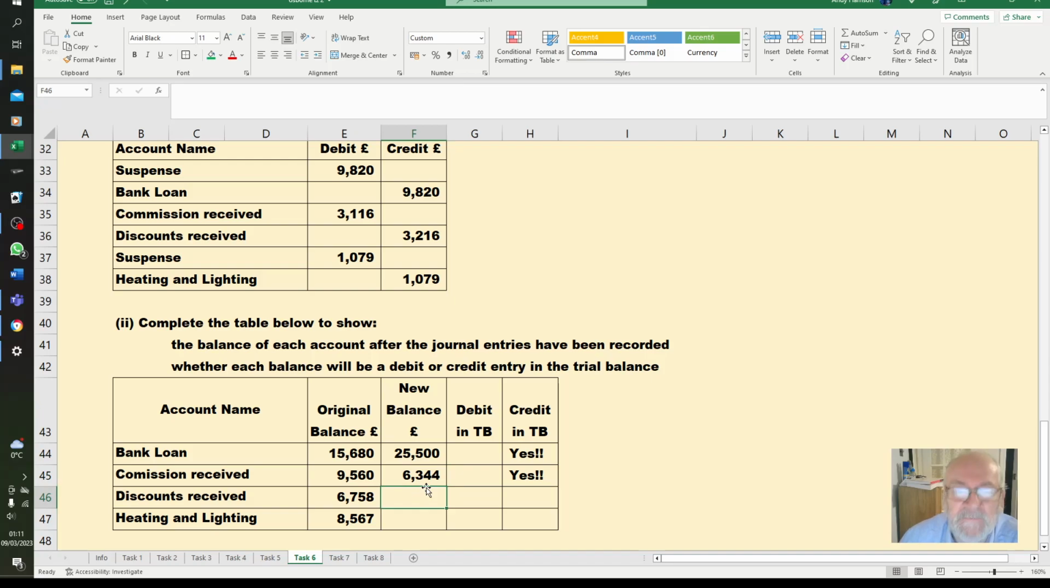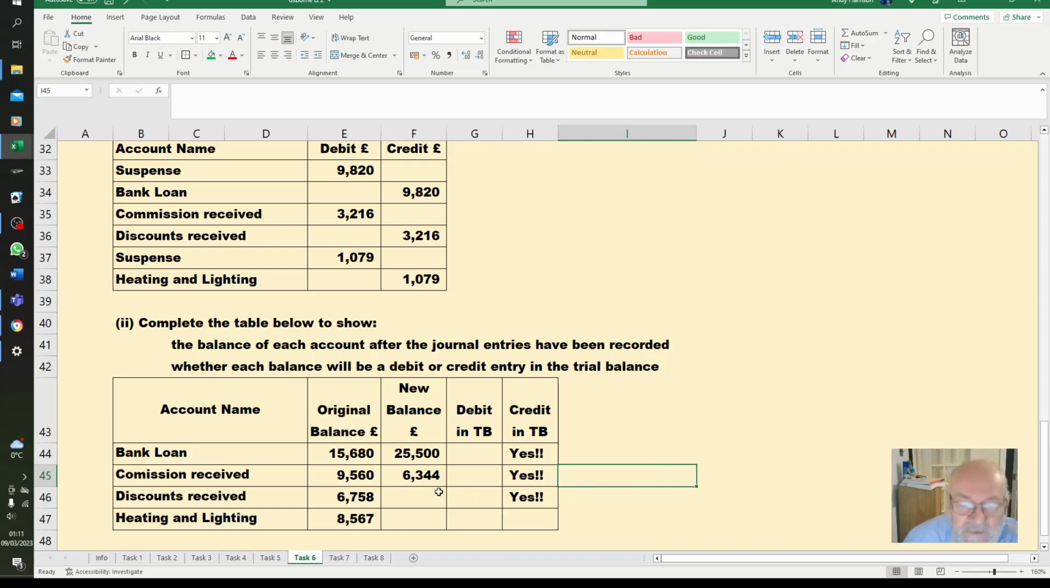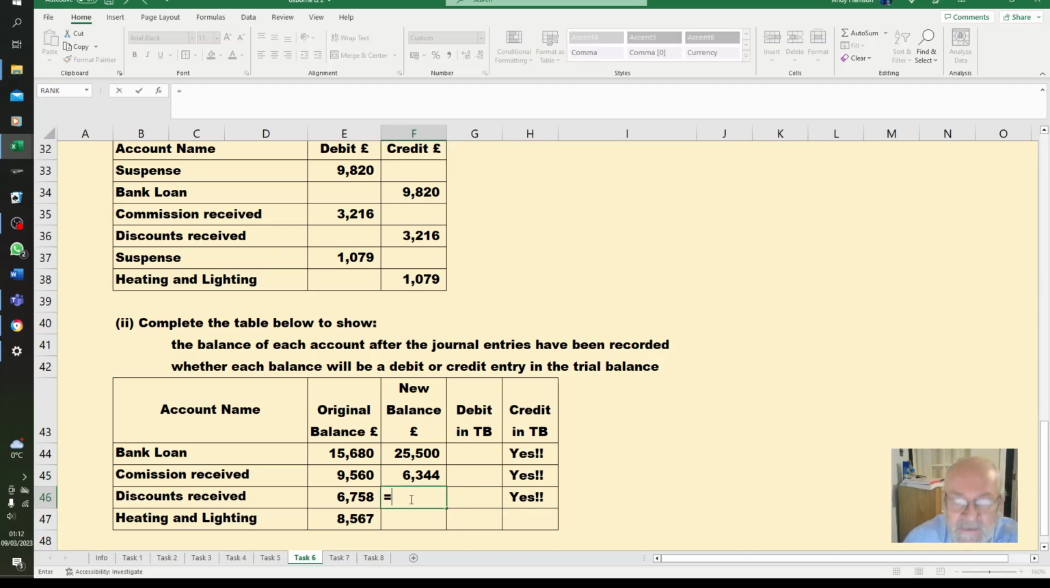Is a debit. Oops. You know it's 3216, it balances that out. Look, it's a pair. Never mind. Discounts received then. Discounts received are also a credit entry. Another credit entry. So we start off with the